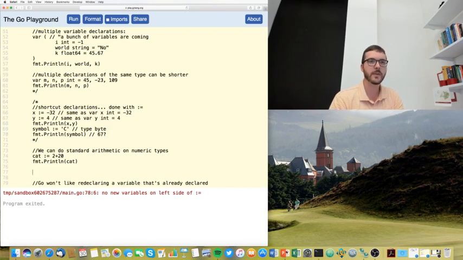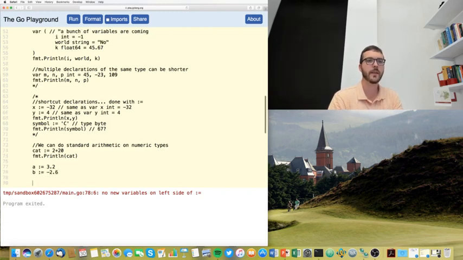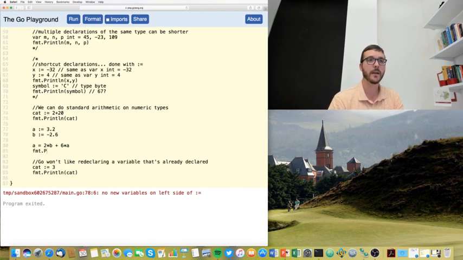Other standard arithmetic would be, so if you had a := 3.2 and b := -2.6, something like that, we could set a equal to 2 times b plus 6 times a, all right? And so a gets reassigned 2 times the value in b plus 6 times the value that it did have in it. And then go ahead and print a, and I don't know what this is going to be off the top of my head,